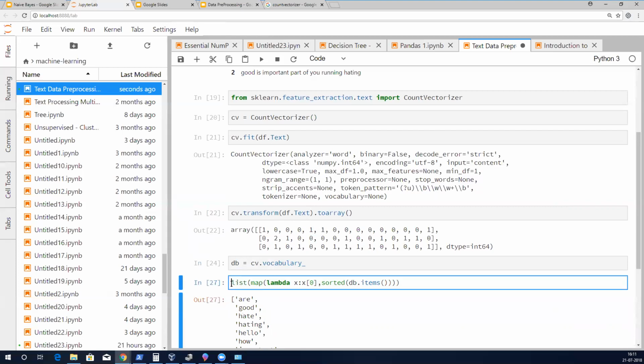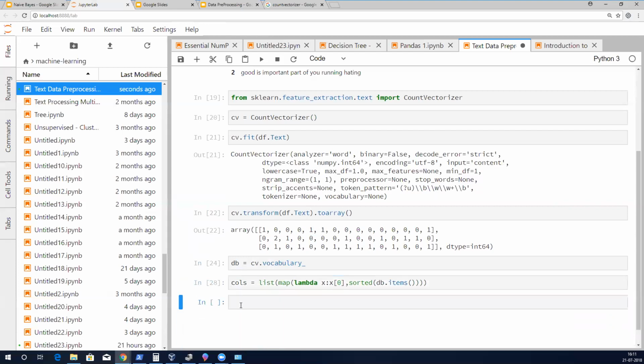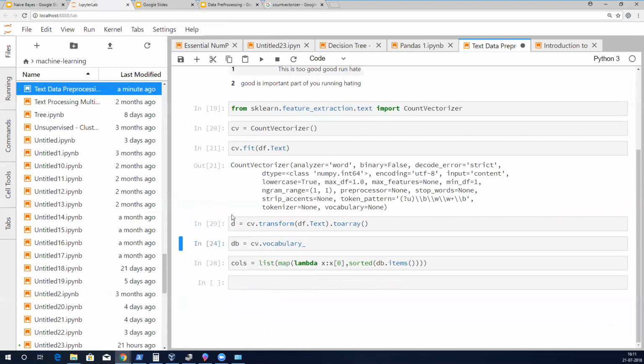So this part is the columns. What is this? This is your pd.DataFrame.